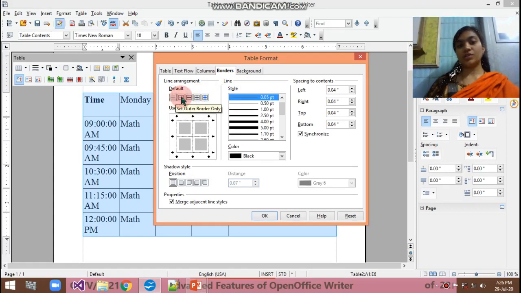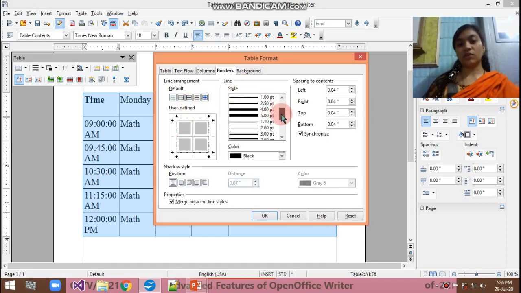First, no borders; simple, outer borders only; outer borders and the center horizontal line; then all the borders; and this one sets the outer border without changing the inner lines. Okay, so these are the things.